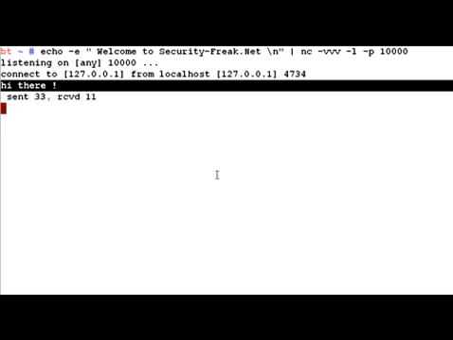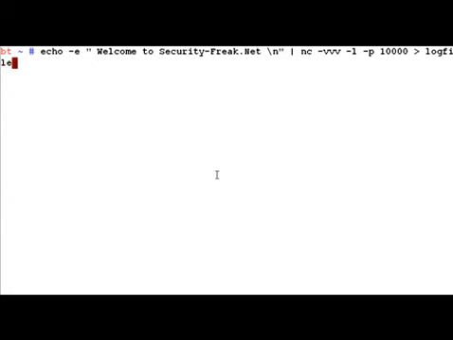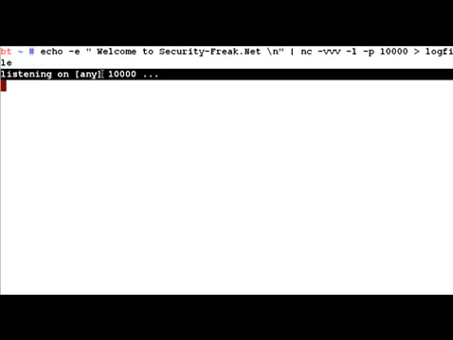Now a slight variation is, if you want the server side data to be stored onto a file, then we just go ahead and redirect it to the file. So let's say log file, right? So now whatever netcat server side program is going to send out to stdout is going to be logged to the file. Now the reason why we are seeing this on the screen and that is not being logged onto the log file is because this is being stored onto stderr.